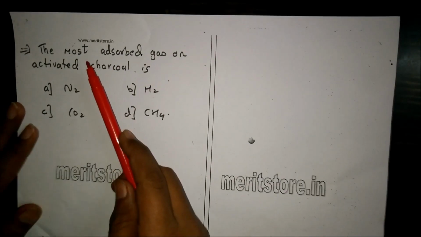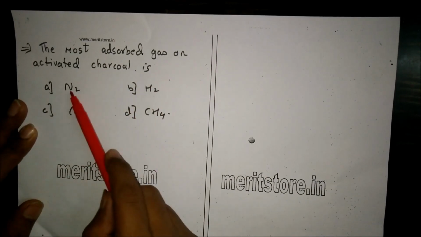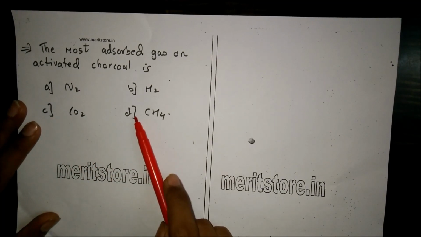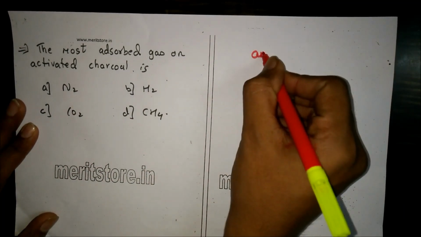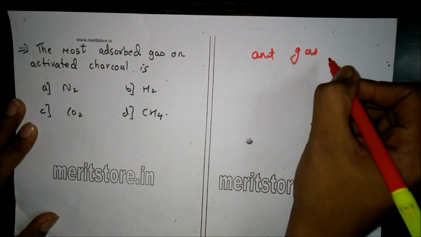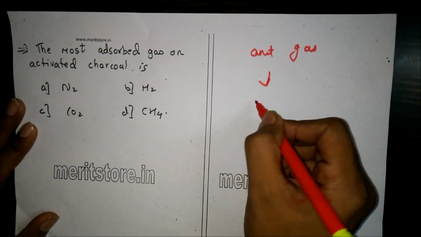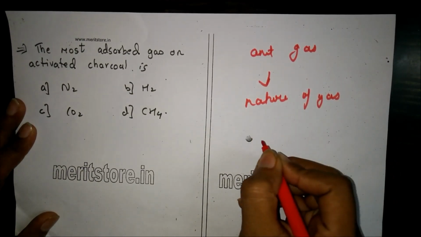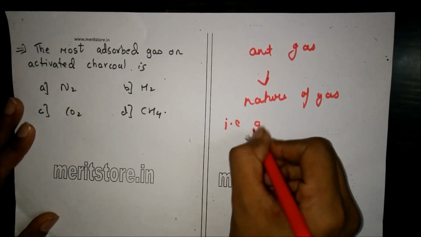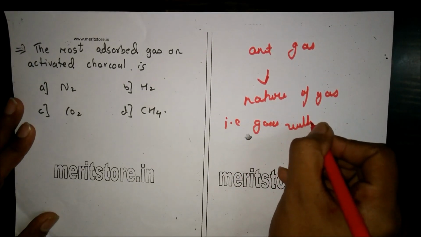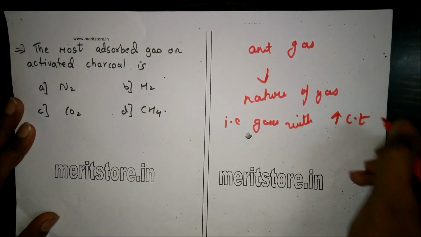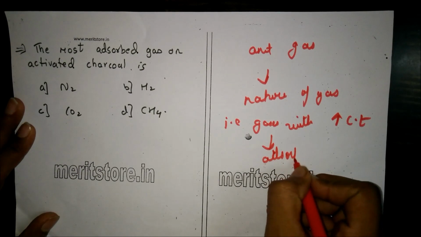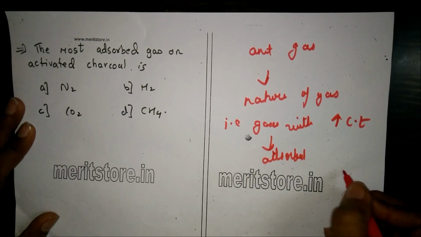The most adsorbed gas on activated charcoal is A. N2, B. H2, C. CO2, and D. CH4. Now, the amount of gas adsorbed by a solid depends on the nature of gas. More easily liquefiable gases, that is, gases with high critical temperature, are readily adsorbed, as van der Waals forces are stronger